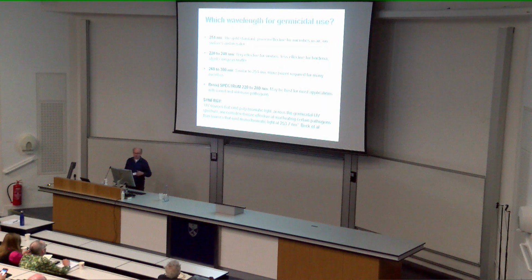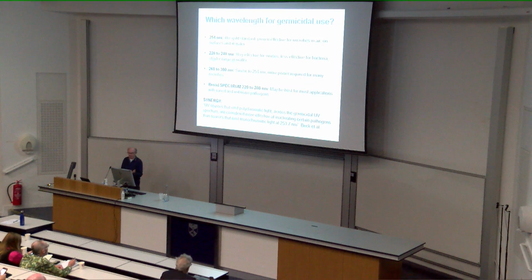The range from about 200 or 210 to 240 is the shorter wavelength range, which has a shorter range in matter, and it's very effective for viruses, better than mercury, a little less effective for bacteria. But the shorter range in matter is a plus and a minus. It's positive because it's less damaging to the skin and eye,